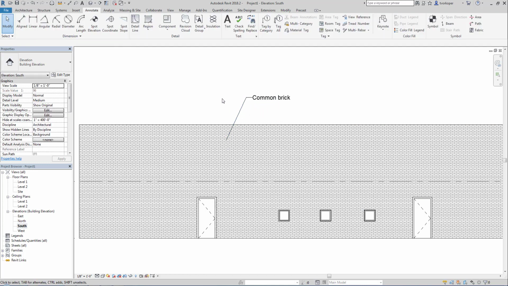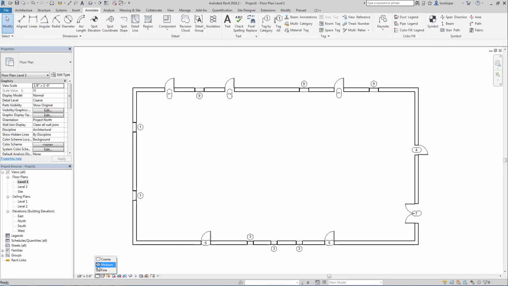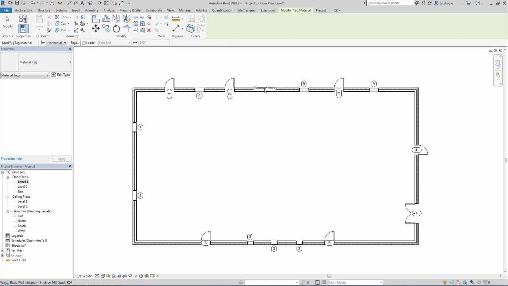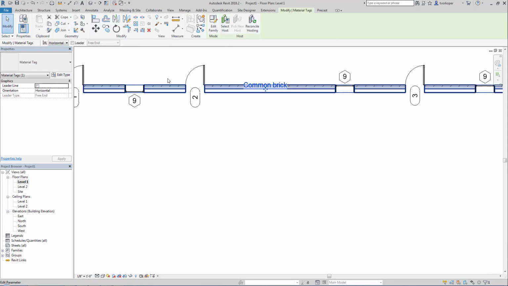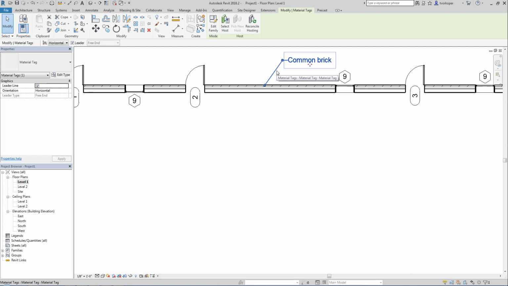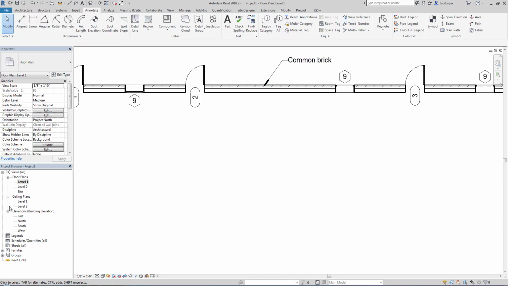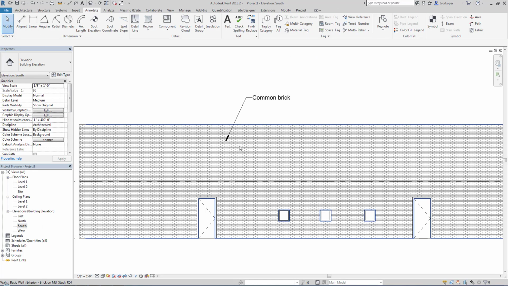The nice thing about using material tags is if we go to a floor plan, the material tag will work here as well. So it doesn't matter which view we're in, as long as the material can be seen in that view, the material tag will label it. We can highlight this tag and edit the type, and we can add a different leader arrowhead, for instance, a heavy end. And again, whether you're in elevation or floor plan or any view that shows that material, you can tag it